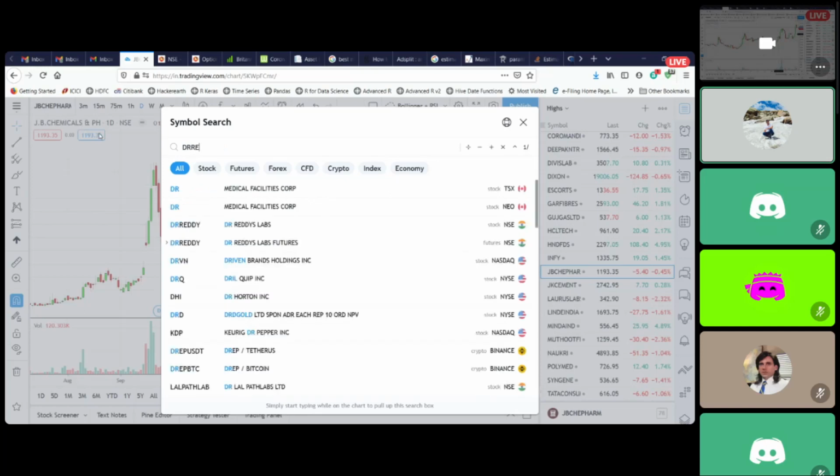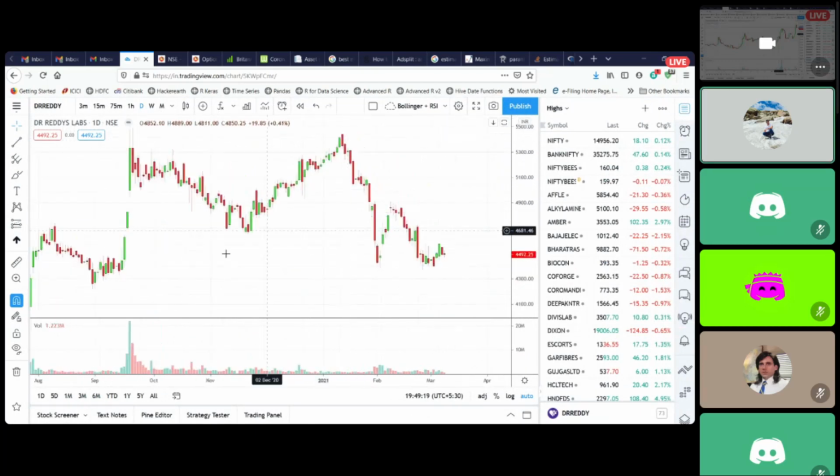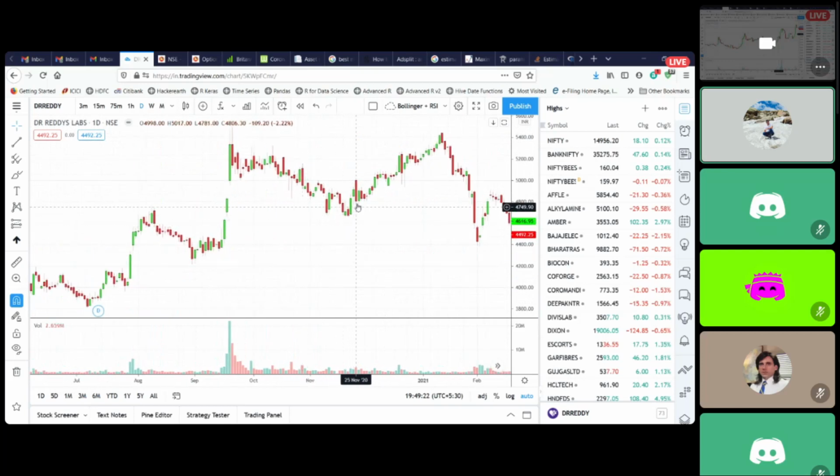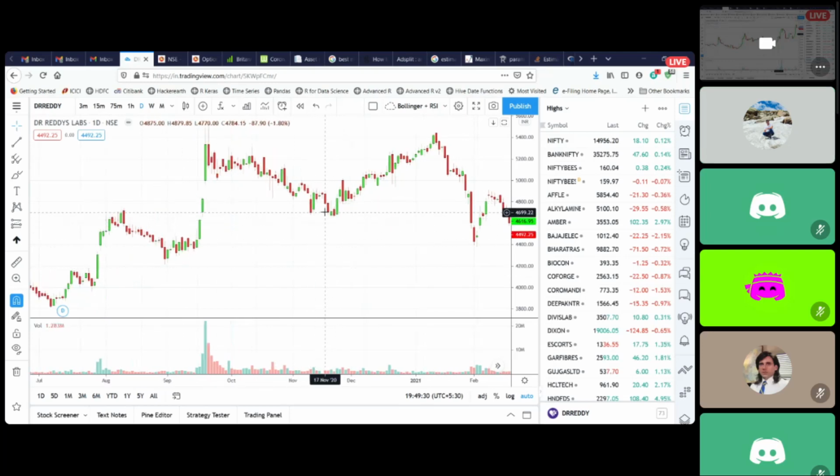Yeah. Let's see. I was doing a lot of trades in Dr. Reddy, but then recently this happened. It made a high, this was the swing low. It went up, it retested the highs. So again, in Dr. Reddy, this was a very wonderful time to get the entries. This was the previous swing high, and it started taking support at the previous swing high itself. So these were wonderful entry points. One big green candle. If you miss this, second big green candle, second entry point at 4800. You set the targets for the previous high at around the 54 region itself.